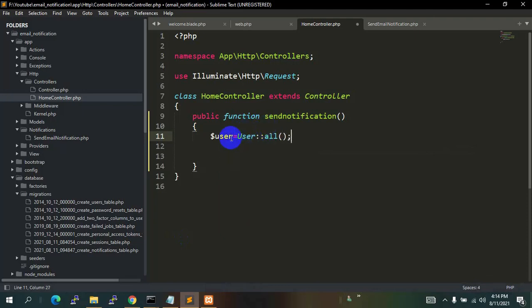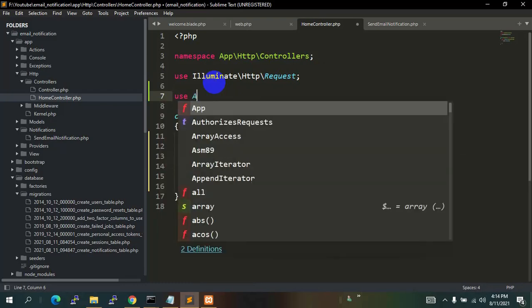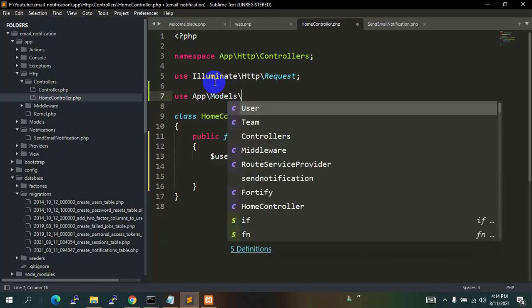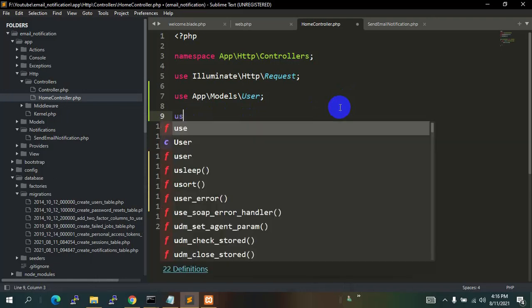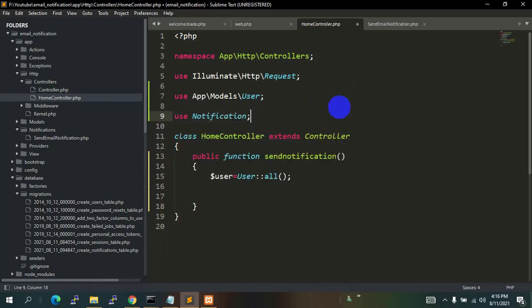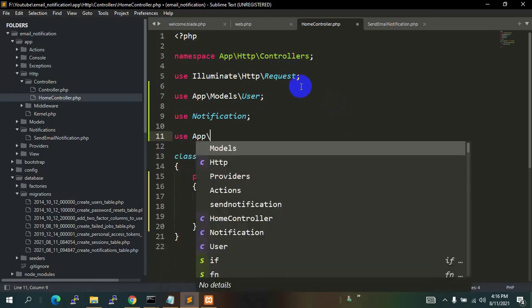Since we are using this user table, we also need to add the user model at the top. So we'll say use app backslash models backslash user. Since we also want to send email notification, we need to say over here use notification, and after that we also need to use app, then backslash, and inside the app you can see notification folder.